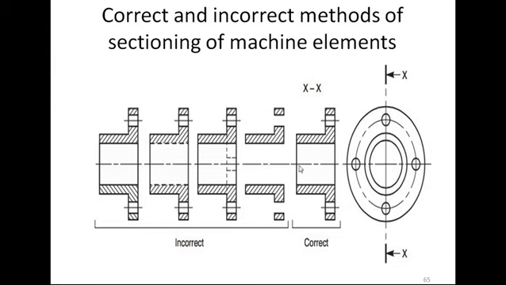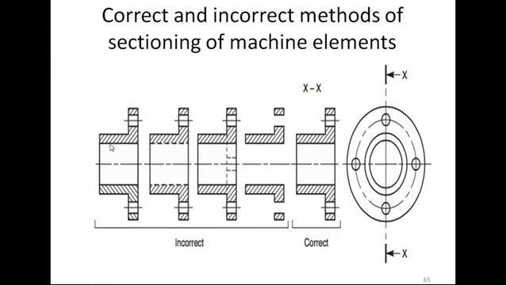These methods are wrong. Why are these methods wrong? Because in the first one, if you see here, the material is a single component, but we have used a different angle. This angle and this angle are in different directions. This line is in a different direction. So the directions are different, so it is wrong.